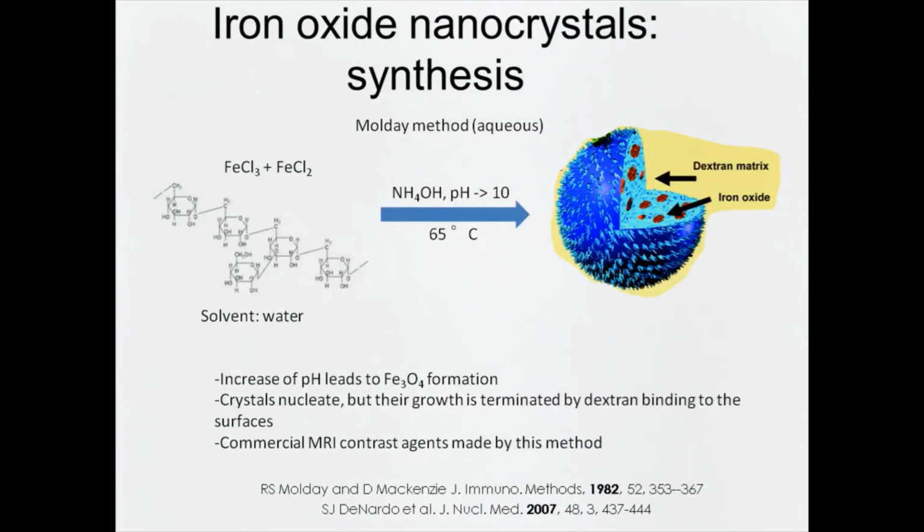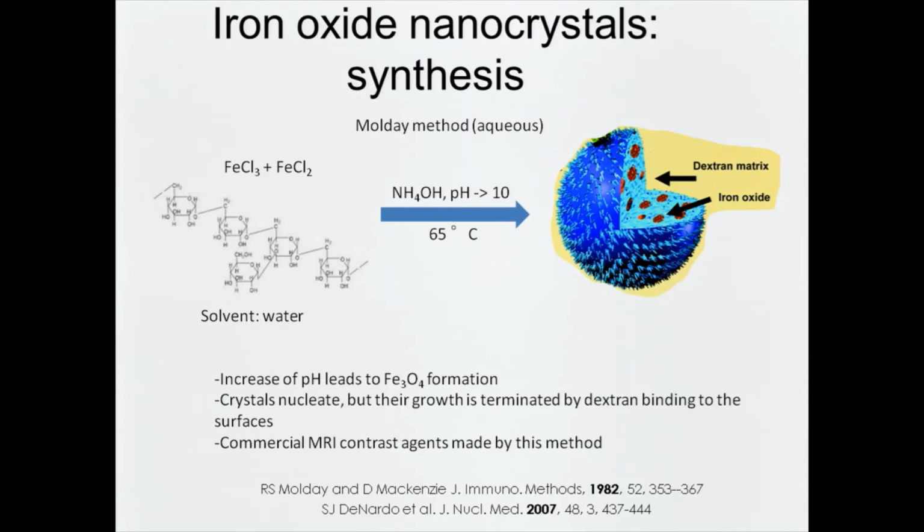So a lot of the iron oxides that are clinically approved, such as Feridex, their synthesis is based on this approach, which uses dextran, a natural polysaccharide. And if you combine iron(III) chloride, iron(II) chloride with dextran, add ammonium hydroxide, that results in a pH increase, and iron oxide precipitates and is coated by the dextran. So this is an important process. It's the basis of many of the iron oxide agents that have been clinically approved,